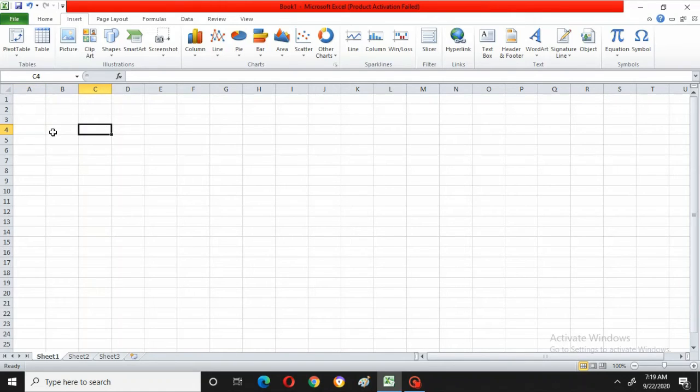It is in the 4th row. I already said it is a combination of one row and one column, so it takes that column name and that row name. That's why the name of this particular cell is C4. Understood? C is the column of that cell, 4 is the row of that cell.